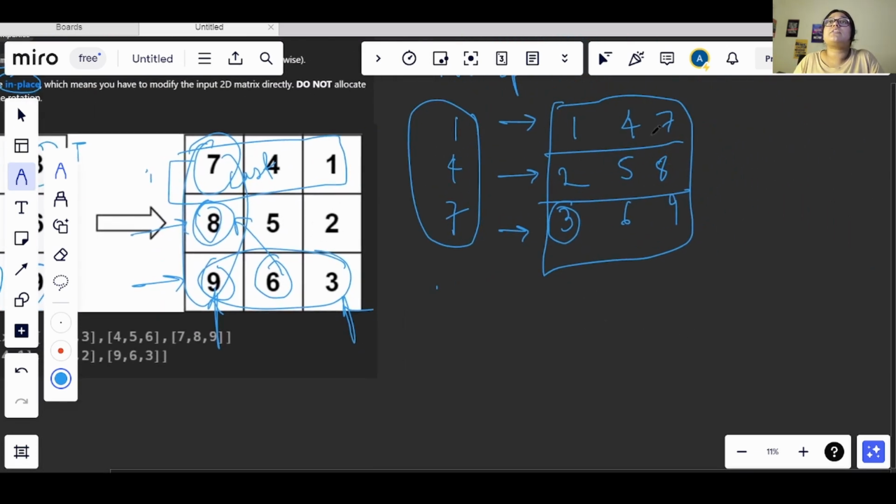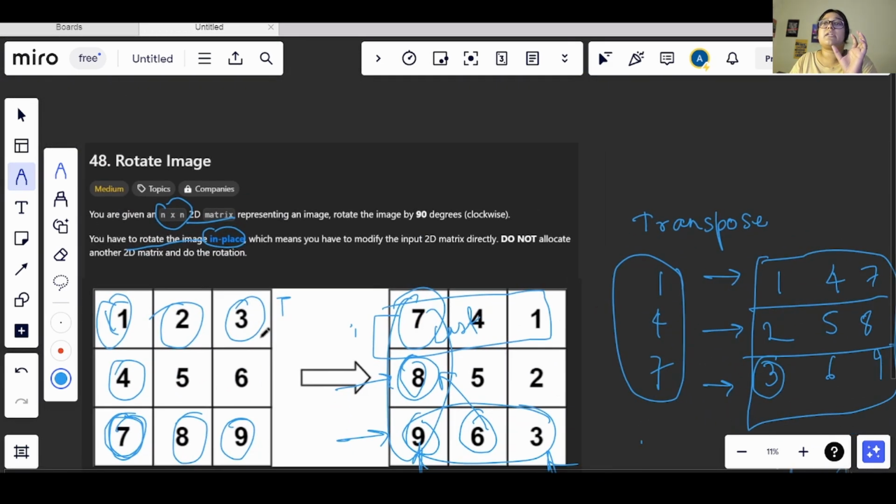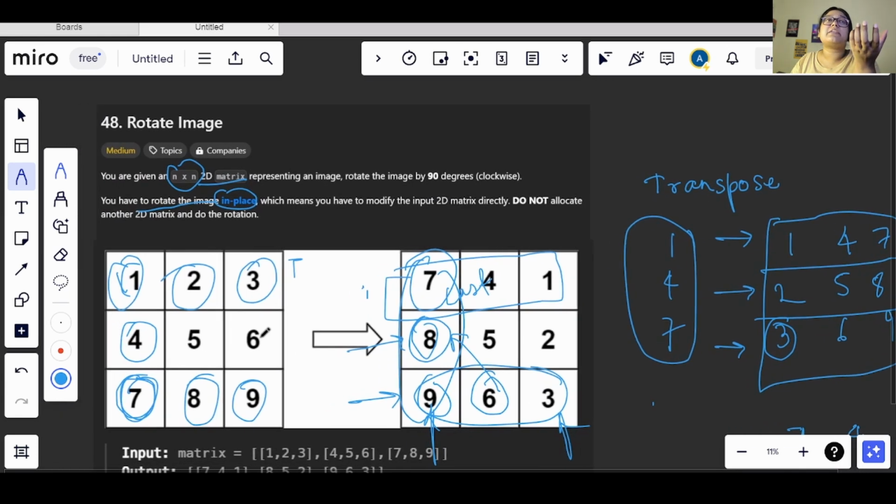So what we can do is reverse each row. Let's say I am reversing the first row, so I will get 7 4 1. In the same way, if I reverse 2 5 8, I will get 8 5 2. After this I will reverse 3 6 9, so I will get 9 6 3. As seen, we have the required answer. Although this question was given as a medium question, this was a basic matrix application, and we don't have to do much.